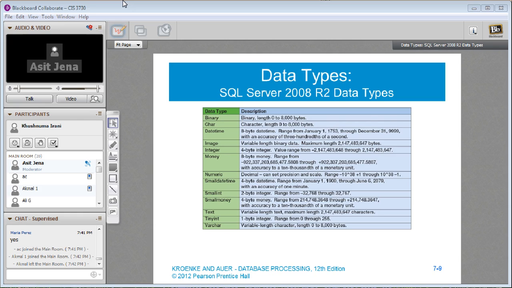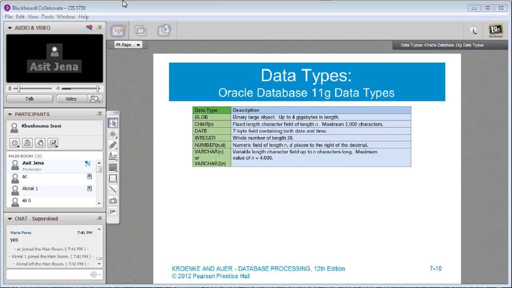Similarly, you can use character and varchar, and you can swap between them, but the difference is character assigns a fixed length. So if you say character 50, the database assigns 50. If you do varchar, it assigns a value based upon how much you need, instead of arbitrarily assigning 50. So obviously varchar is more efficient than a character field.